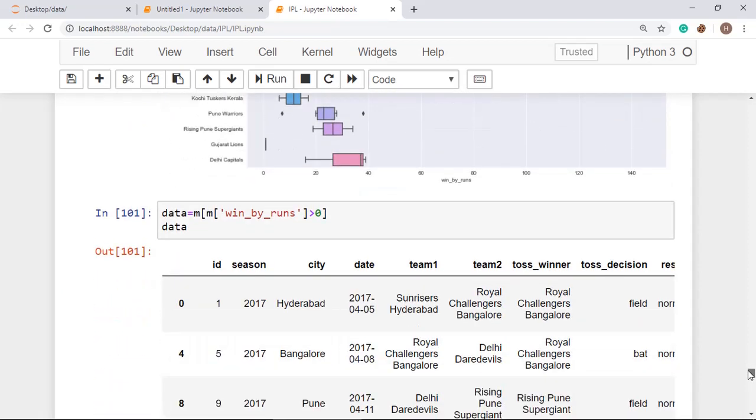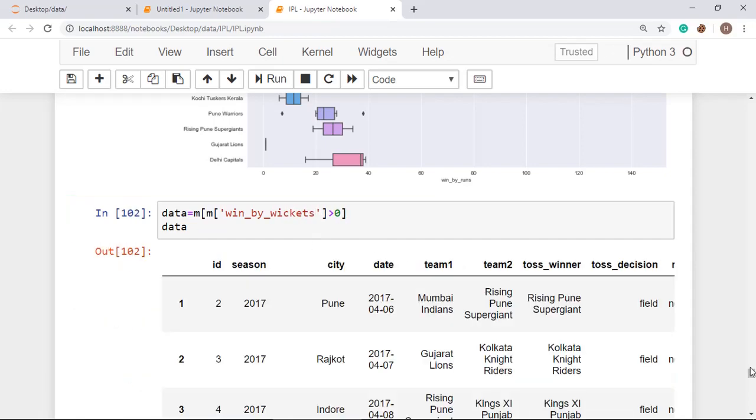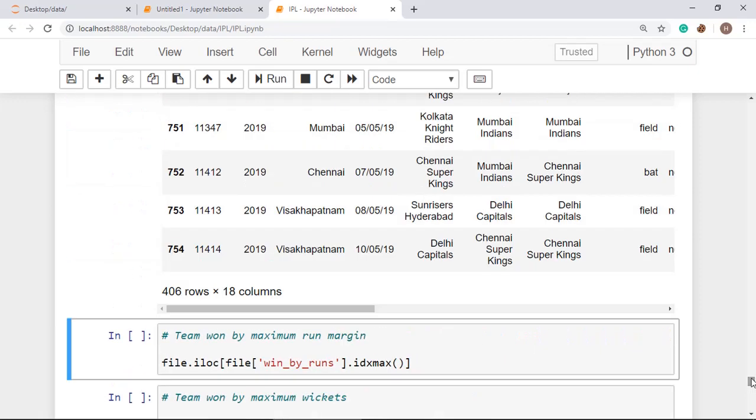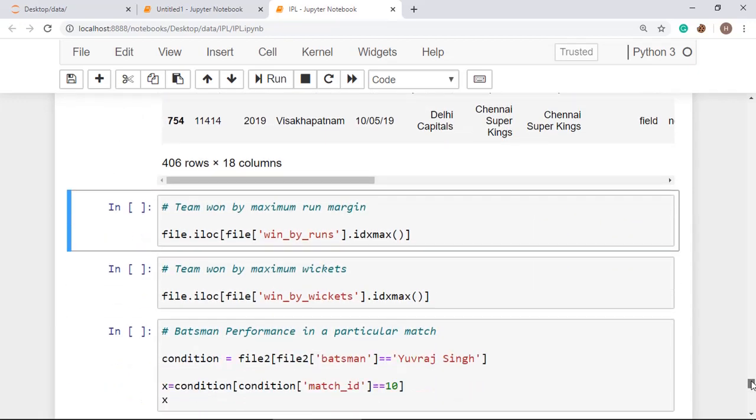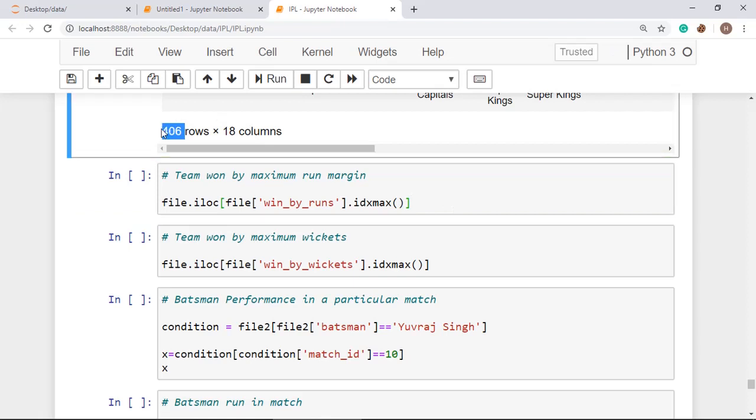So you can see 337 rows in win by runs, means 337 times a match has been won by the team who has batted first. And when you look at wickets, you are going to get 406, means a team can win a match when they are batting second. The chances of winning a match are quite a bit greater when a team is batting in the second inning, because the team who has won the match by wickets is 406, and a team can win the match by wickets only when they are batting second.